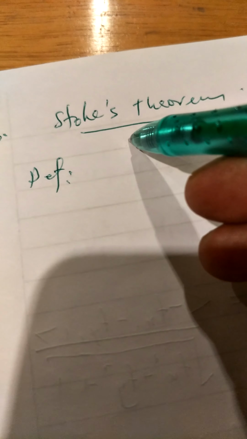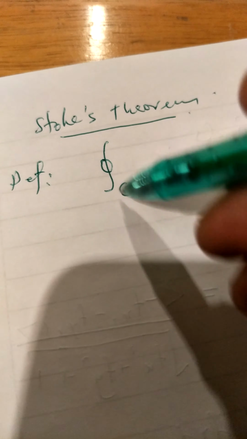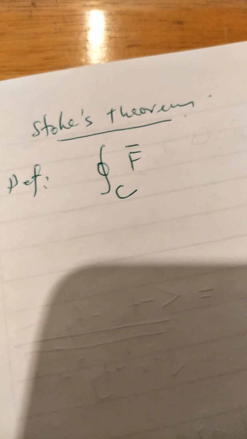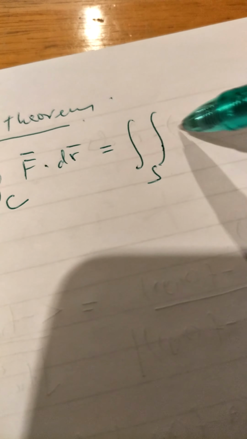Okay, so I'll talk on Stokes theorem. The Stokes theorem says that the closed integral over the curve C, where C is a closed curve, of F dot dr can be written as the integral over the surface S of del cross F dot n dS,